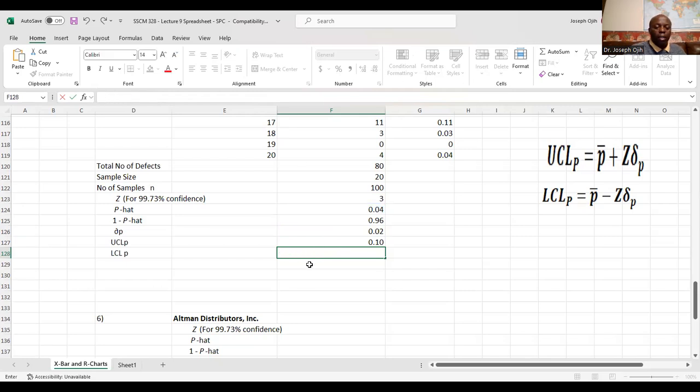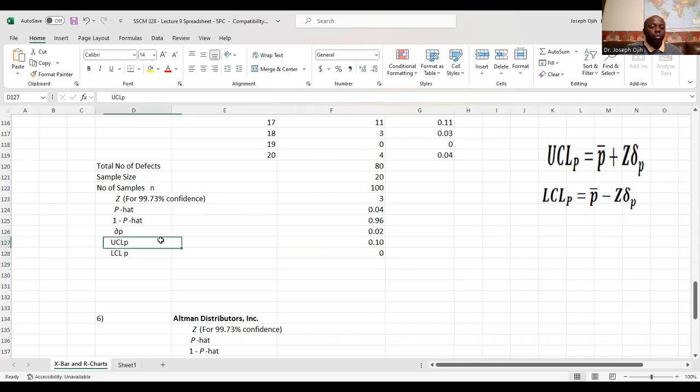Let's do it again. P hat, which is this one here, 0.04, minus z, which is 3 times delta p, which is right here. Press the enter key. They give me a negative number, so we cannot use a negative number. So what we're gonna do is just put 0 there. Okay. Now with this information, we have our upper and lower control limits,